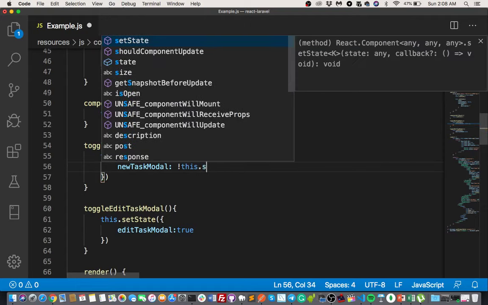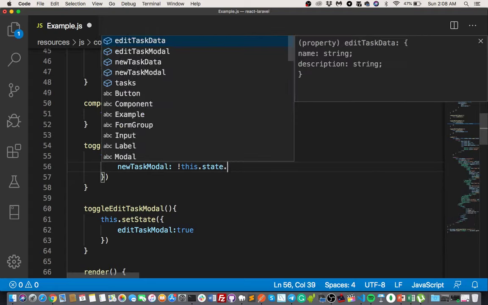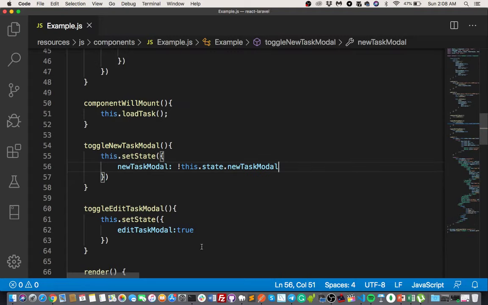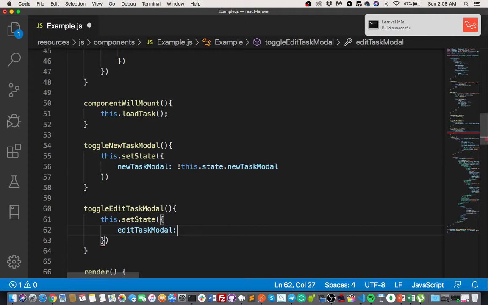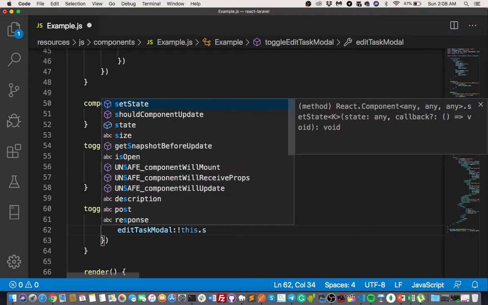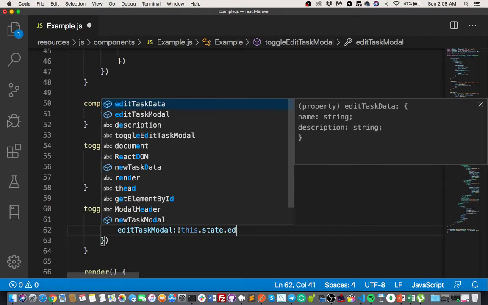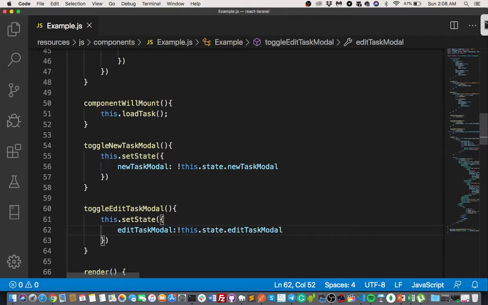So this dot state dot new task model. Okay. This one. This dot state dot edit task model. Save. Okay. So what's next? Okay, right now what do we want, what's our next,